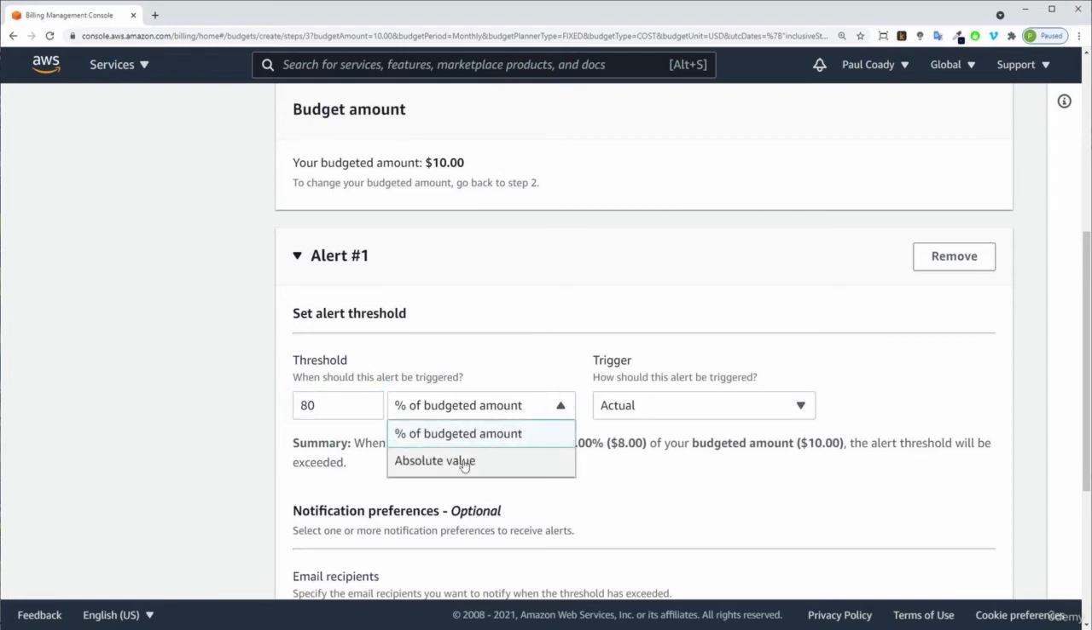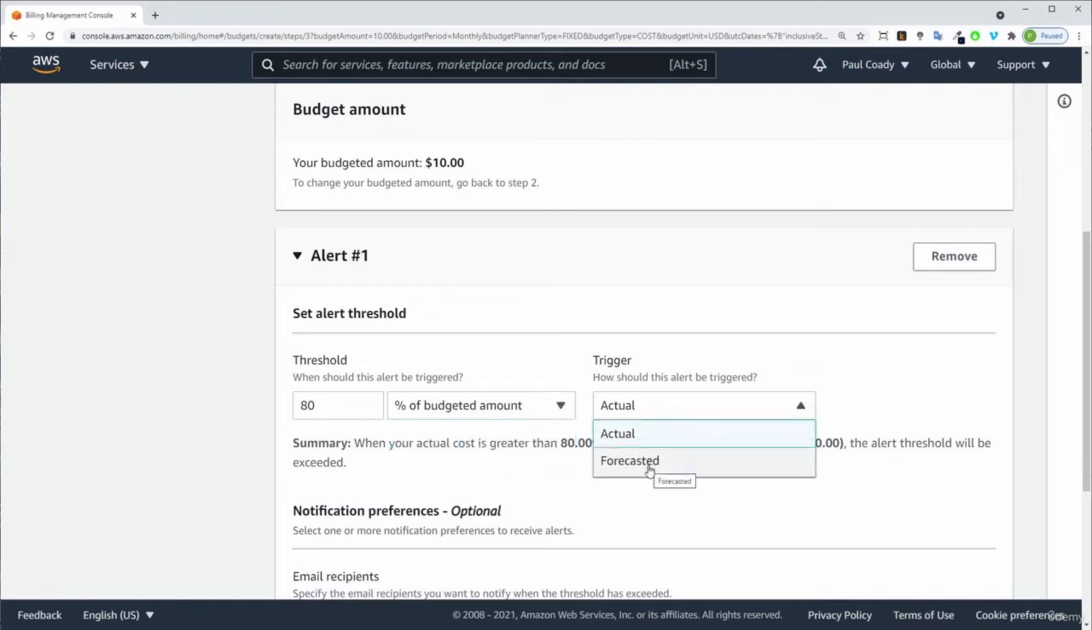We could also do an absolute value so that we could put in here $8, and it would do the same thing because our budget amount is 10, and so 80% of that is going to be $8. Our trigger is going to be actual, but we could also do forecasted costs. So that's quite good as well. If we're forecasting that we're going to exceed our budget, we could also do that. I'm going to leave it with actual,